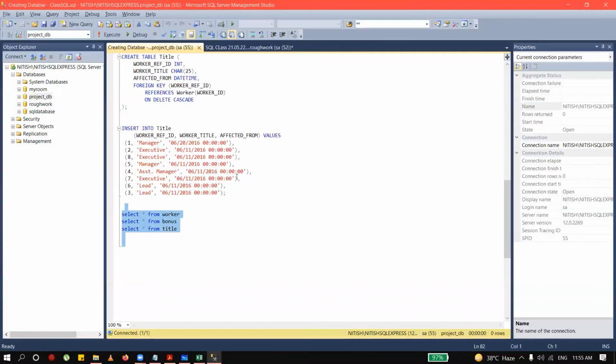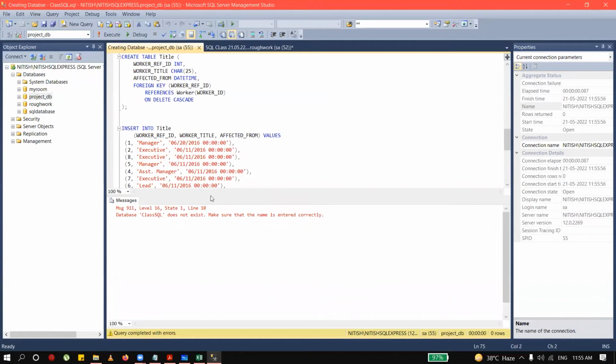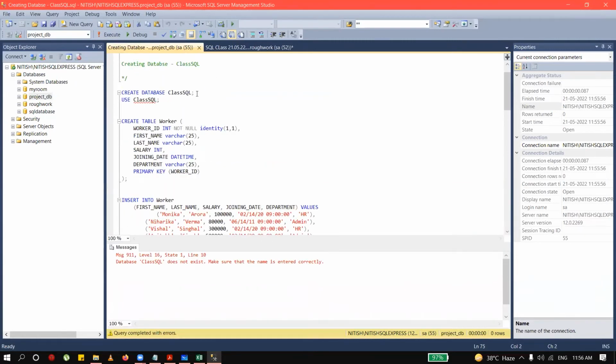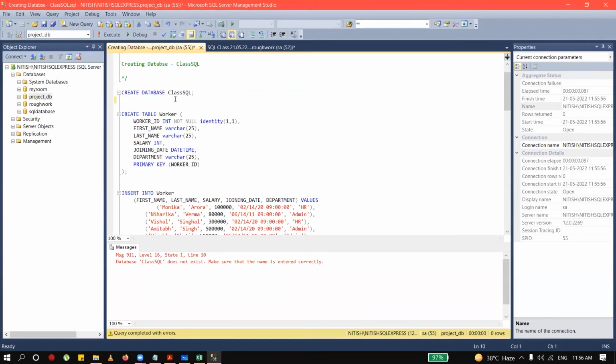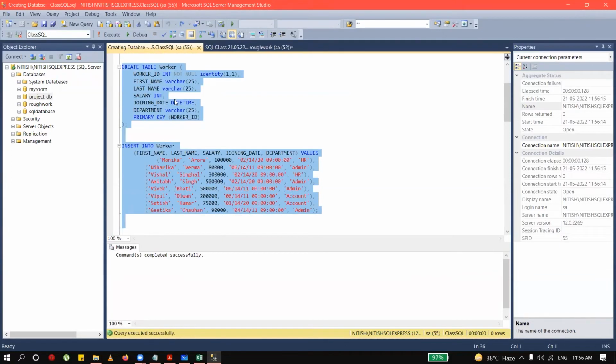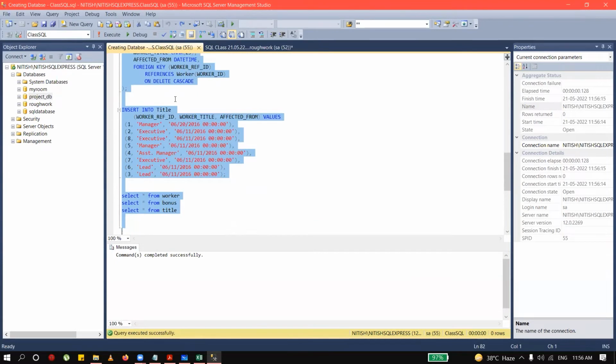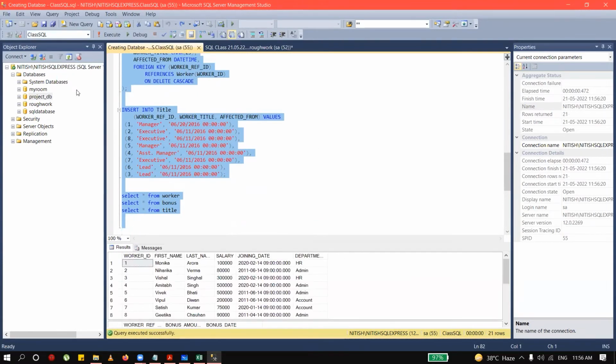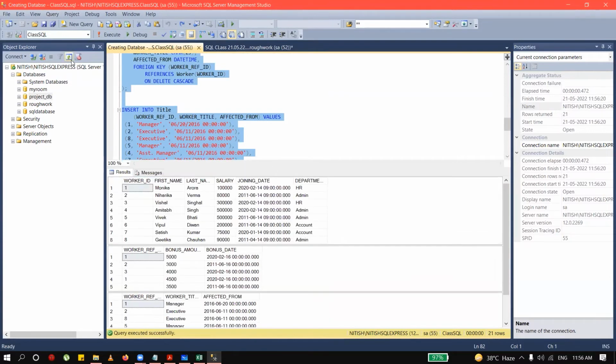Okay. So over here, just execute it. Class execute does not exist. Make sure the name is entered correctly. F5, F5. Yeah. Now run these things simultaneously. F5. So you can see the database has been created for you, and over there the tables have also been created. If I refresh on the left side,